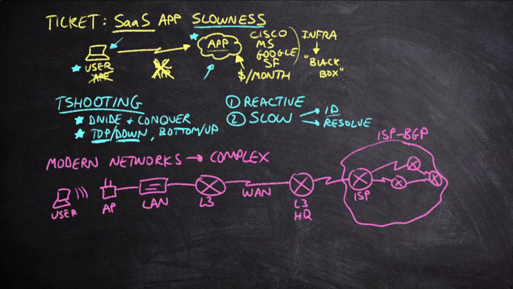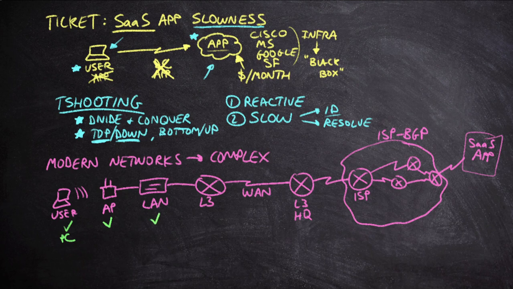And this could be truly dozens of them. I'm just going to draw a few. But ultimately, we are connecting in then to the SaaS application down here. So how many components do we have in this quick network I drew out? Well, we've got the user's PC itself, which might be having problems, so keep that in mind. We have the Wi-Fi signal and the health of the access point.